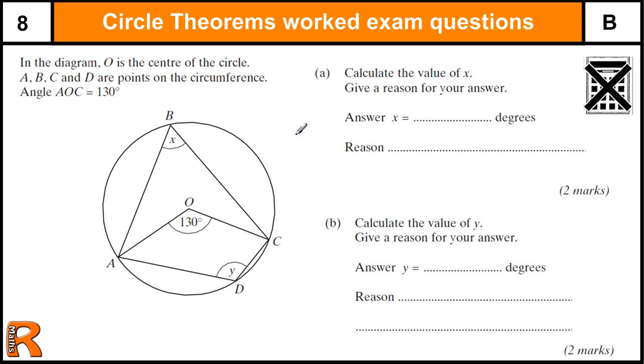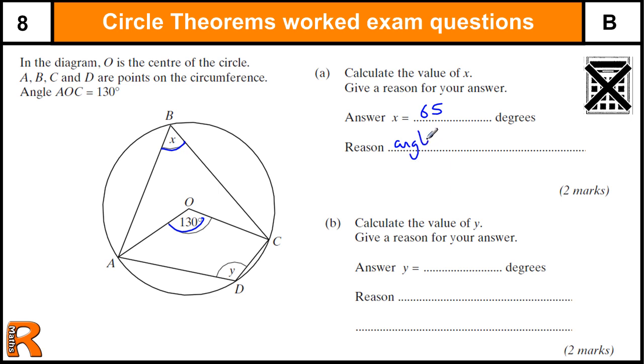Okay, here we have a question. A, B, C, D, points on the circumference, so that tells us that it's a cyclic quadrilateral again. We are told the angle is 130 here, and we've got this shape here, where the angle formed at the centre is twice the angle formed on the circumference. So the angle x is going to be a half of 130, which is going to be 65,